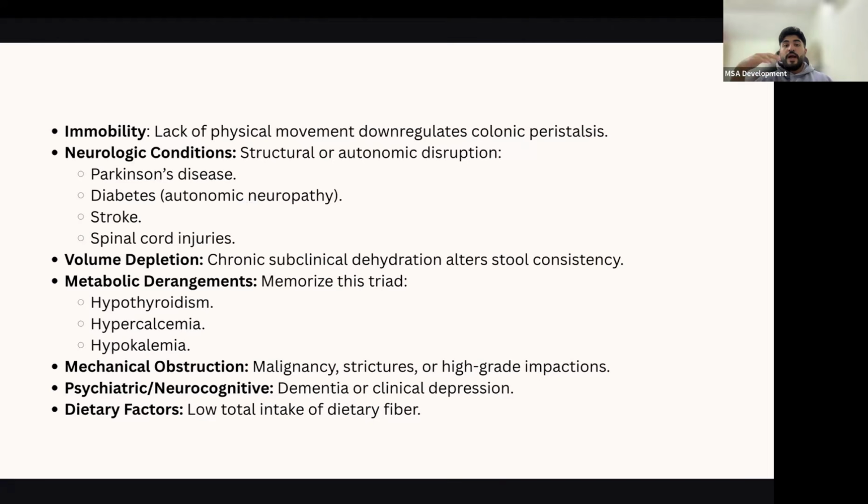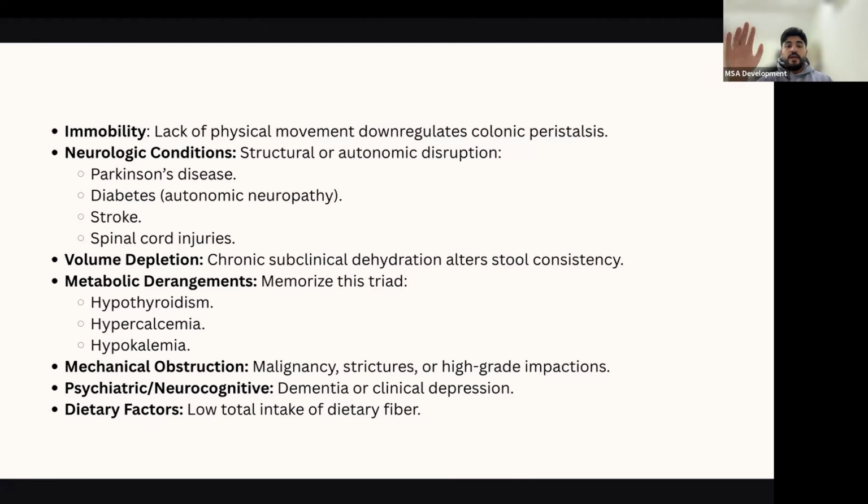Volume depletion. Sometimes people who have this subclinical dehydration over a long period of time are going to have constipation as well. And metabolic derangements, and usually these come hand in hand: hypothyroidism, hypercalcemia, and hypokalemia. If any of these three is present in a patient, you need to think that they could possibly have